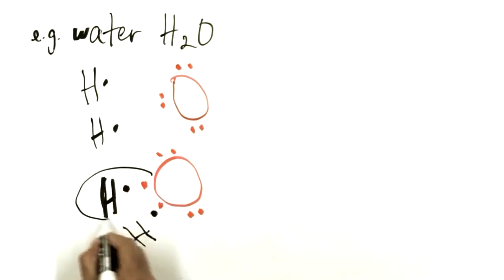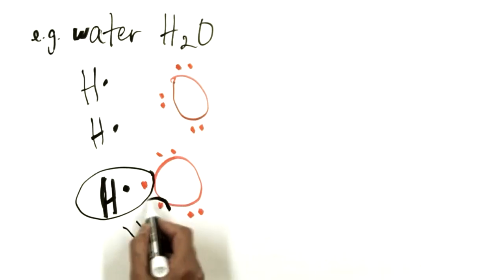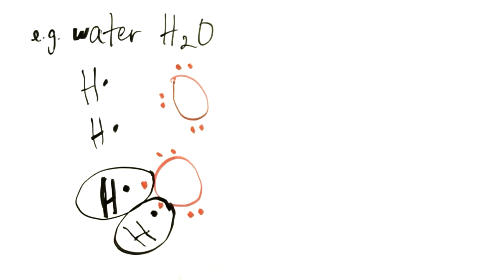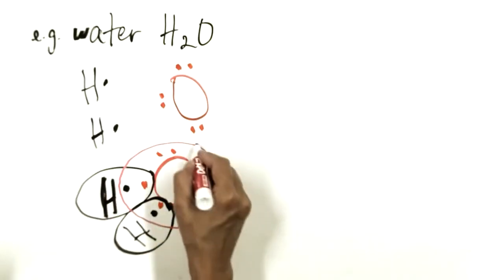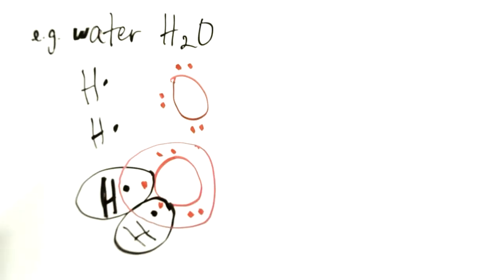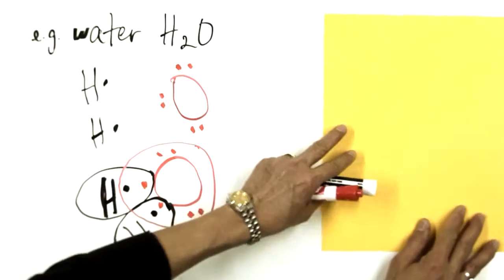So notice now that this hydrogen atom has 2 electrons, this hydrogen atom has 2 electrons, and this oxygen atom now has 8 electrons. So in the end, all the 3 atoms become stable, and we can show that through